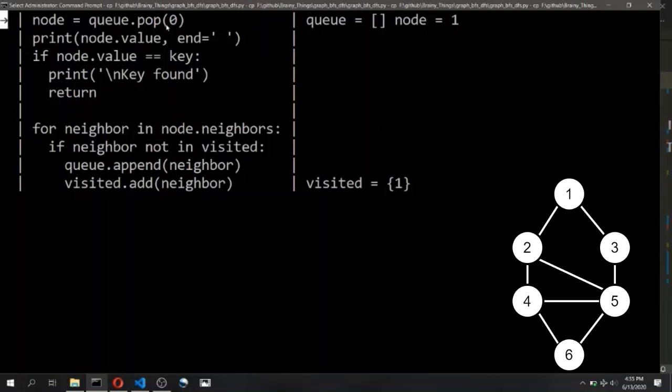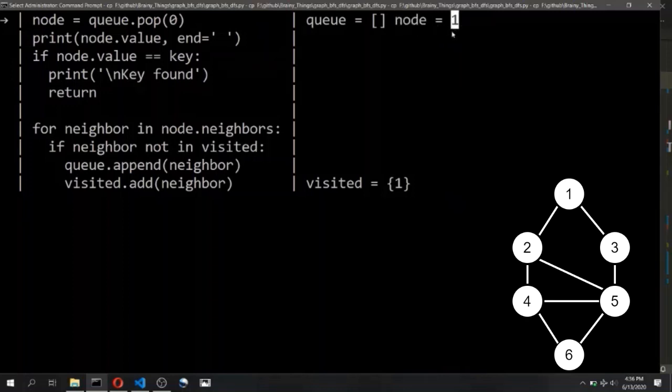So this code will pop the 0th element of the queue, and hence the queue will become empty and the node object will become 1. Here, even though the integer value is being displayed, you can still consider this node variable to contain the actual node object and not the integer identifier.